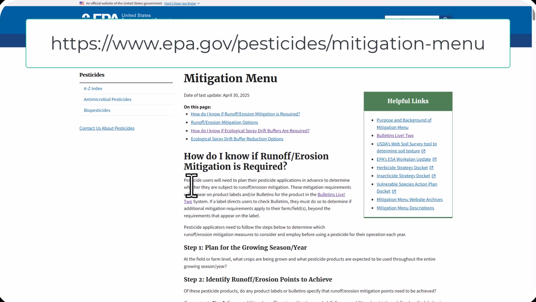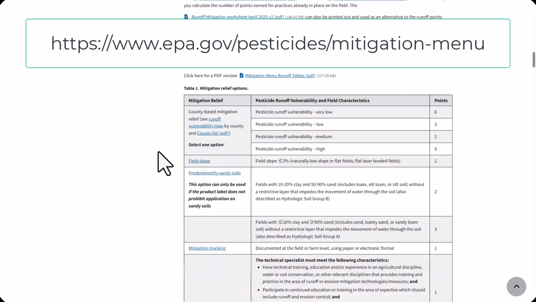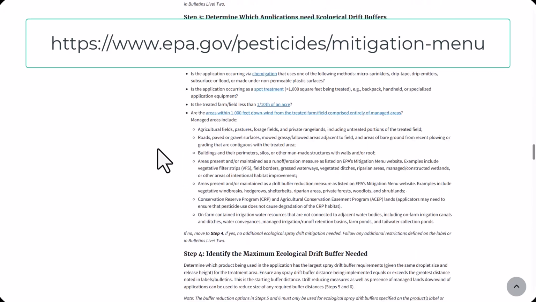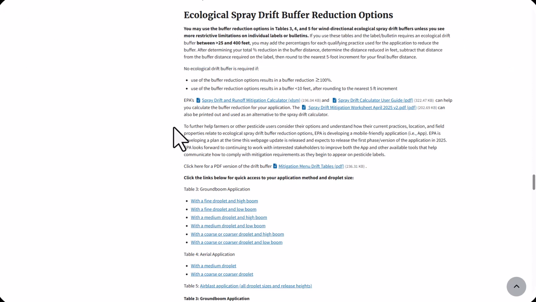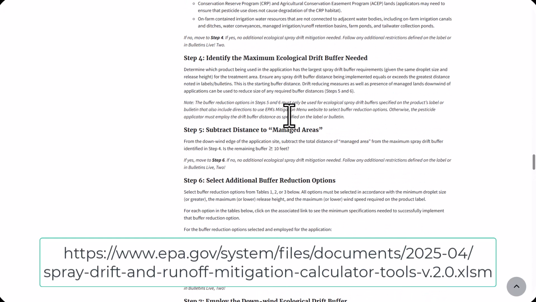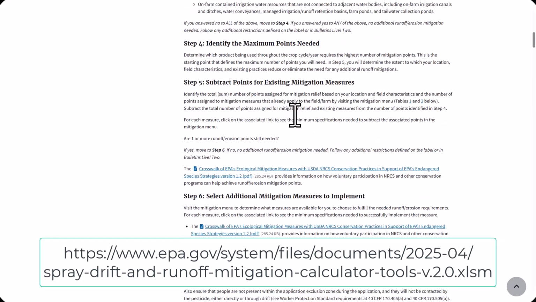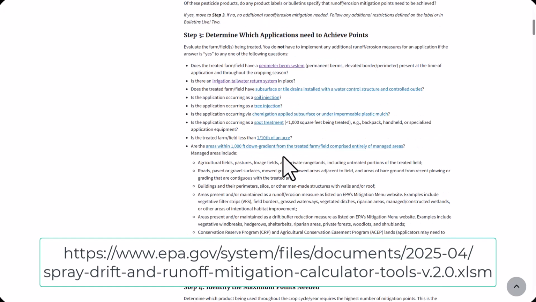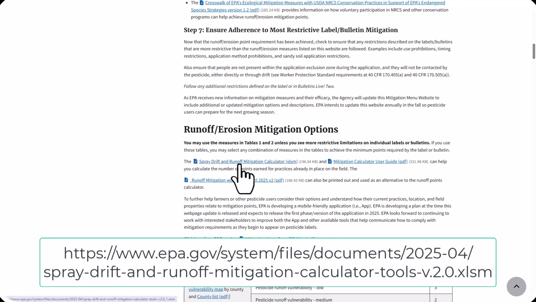As we've mentioned on this website, you have both the runoff mitigation, and if we scroll down, we have information about the spray drift as well. And in both sections, you have the spray drift and runoff mitigation calculator listed, and that website is now on your screen. That will take you directly to the spreadsheet that you can use to plug in the information that would be helpful. So if we're to click this,